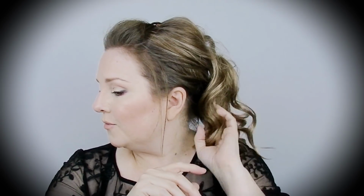So let me get this baby on and we will take a look. And before I do that, if you are wondering what's going on here with my hair, I have a cute little fast, super messy updo situation going on